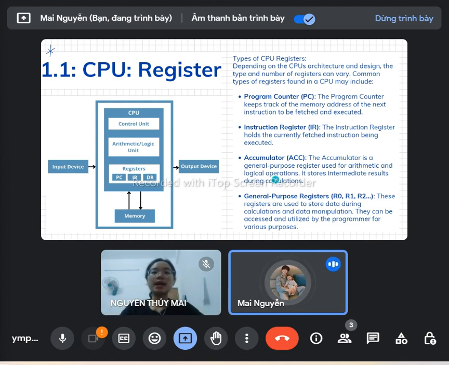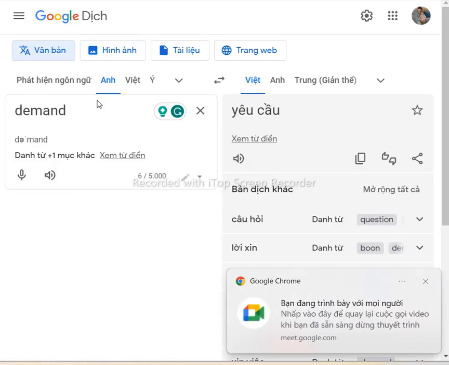And the next thing is the accumulator. It's a general purpose register used for arithmetic and logical operations. It stores intermediate results during calculation. Okay, what is